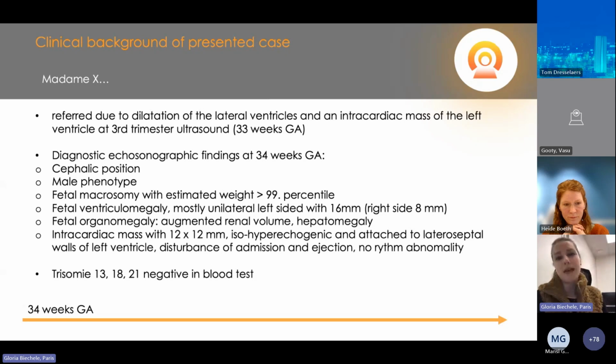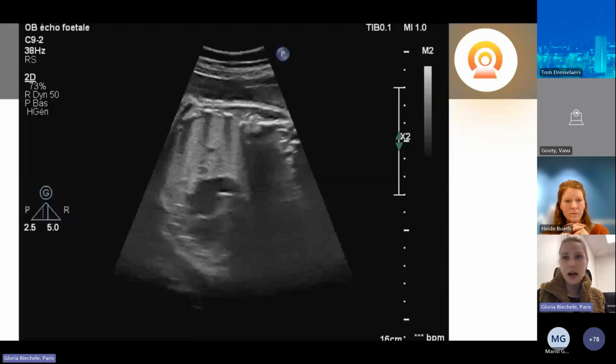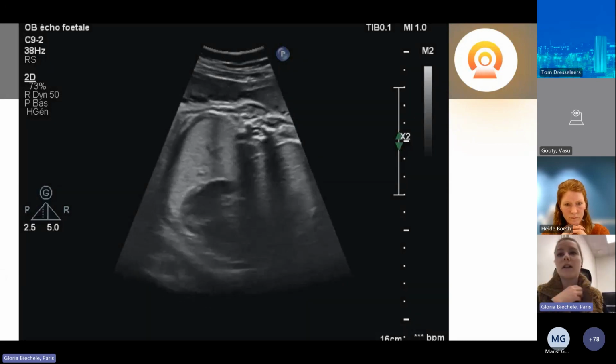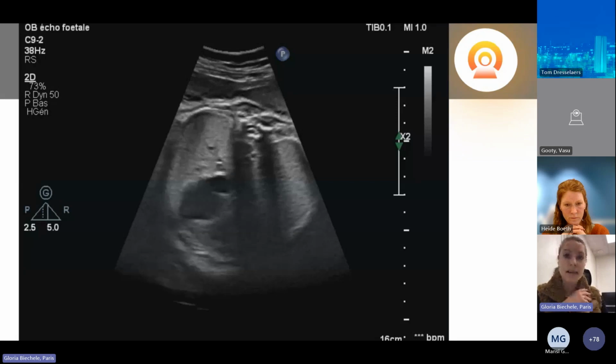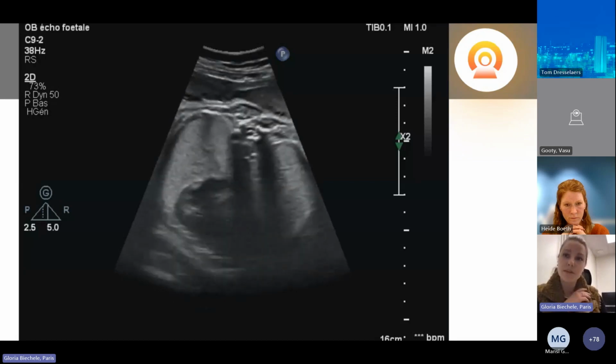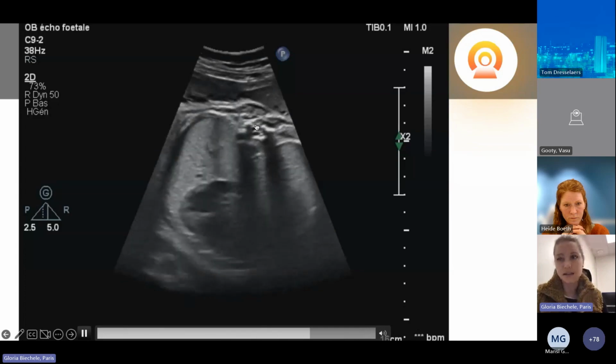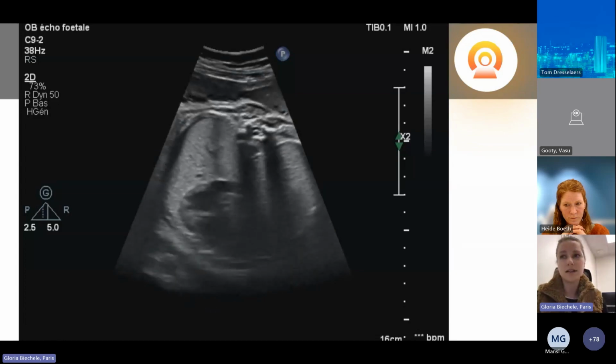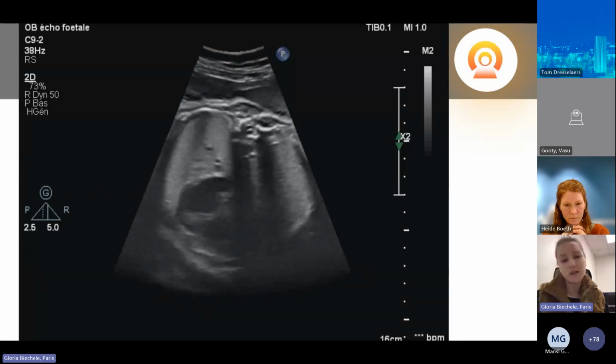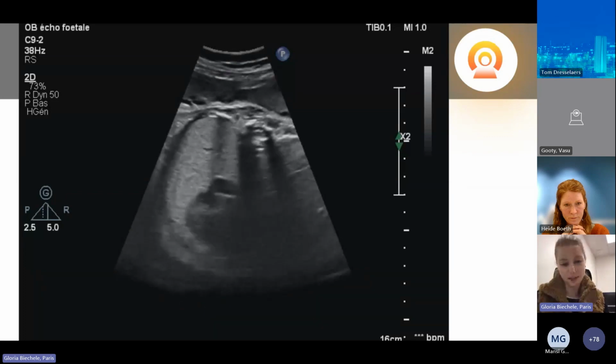Afterwards, apart from that, the patient refused amniocentesis, but blood testing did not reveal a trisomy positivity. So I would like to show you the cardiac ultrasound examination that actually took place under very difficult conditions. The problem was that we had a quite unfavorable fetal position with its back ventrally and in a cephalic position. So in ultrasound, we had lots and lots of artifacts from the spine and the bones due to that already very late gestation.